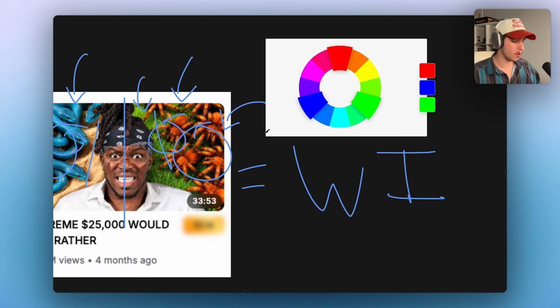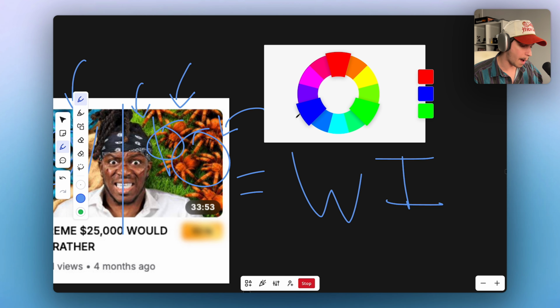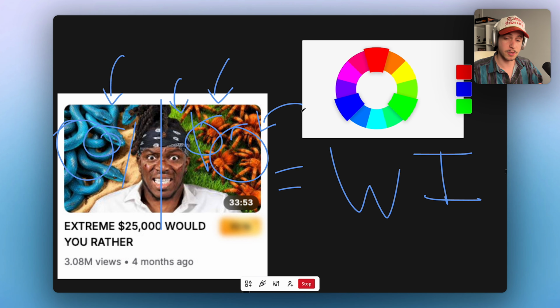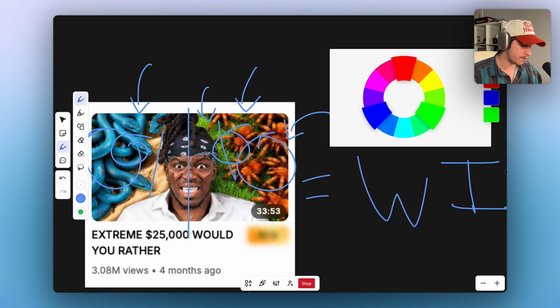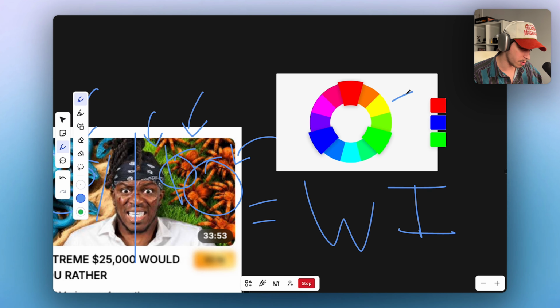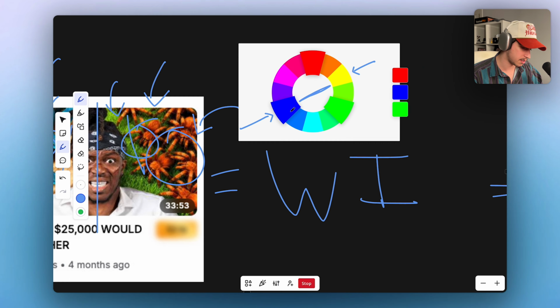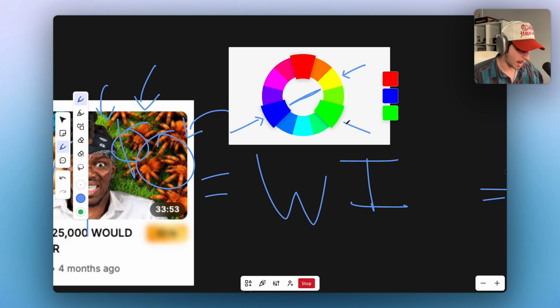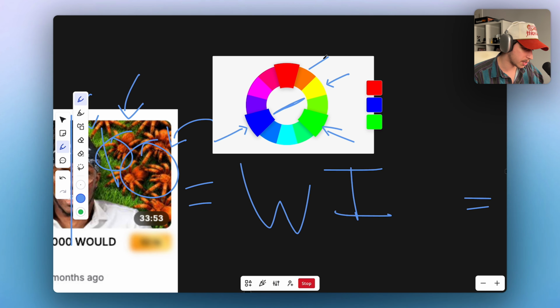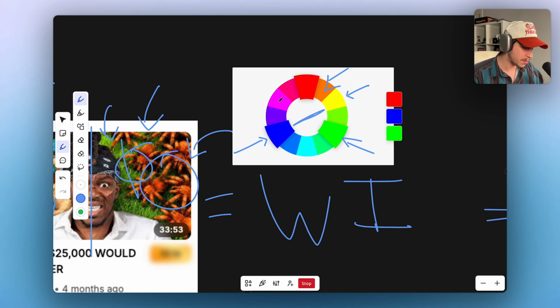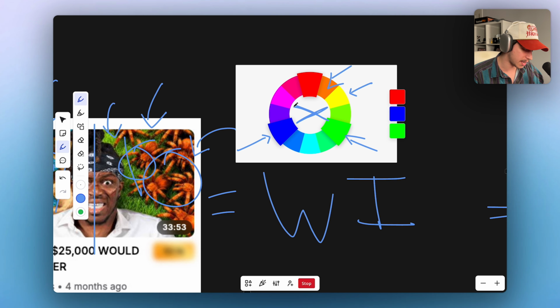There's a concept in color theory where if you choose colors that are on opposite sides, they pop the most. They have the most contrast. And so if you look, the sand is yellow. So let's go yellow over here. And the snakes are blue. Look, they're directly opposite each other. So they have great contrast. And for the green here, the grass is green. The tarantulas are orange. Now, the reason we didn't go pink to get the direct contrast here is because I